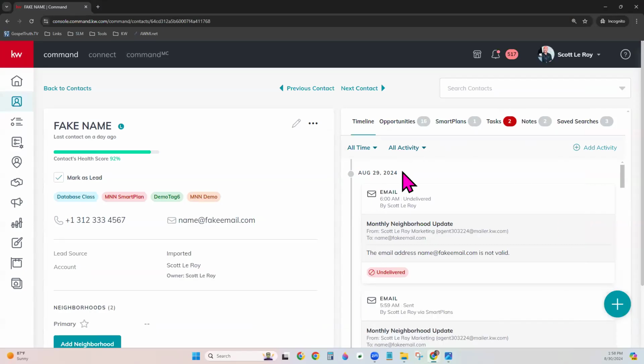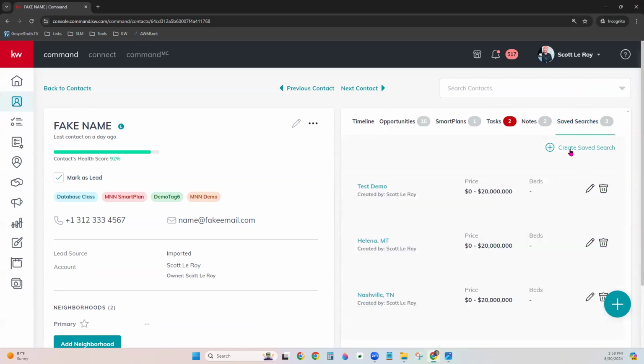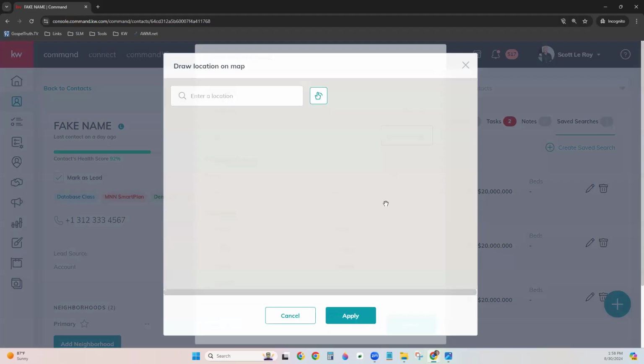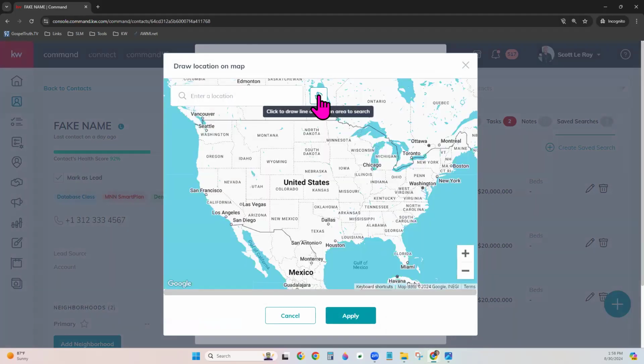So we have a couple of minutes left. Let me show you quickly where and how to create a saved search. Over here in the top right within the contact, you have the option to create a saved search. You would click create saved search for this contact. You can set the parameters for it. You can choose by city, neighborhood, zip code. You can even do custom and draw on the map, just like we could on the app by choosing the